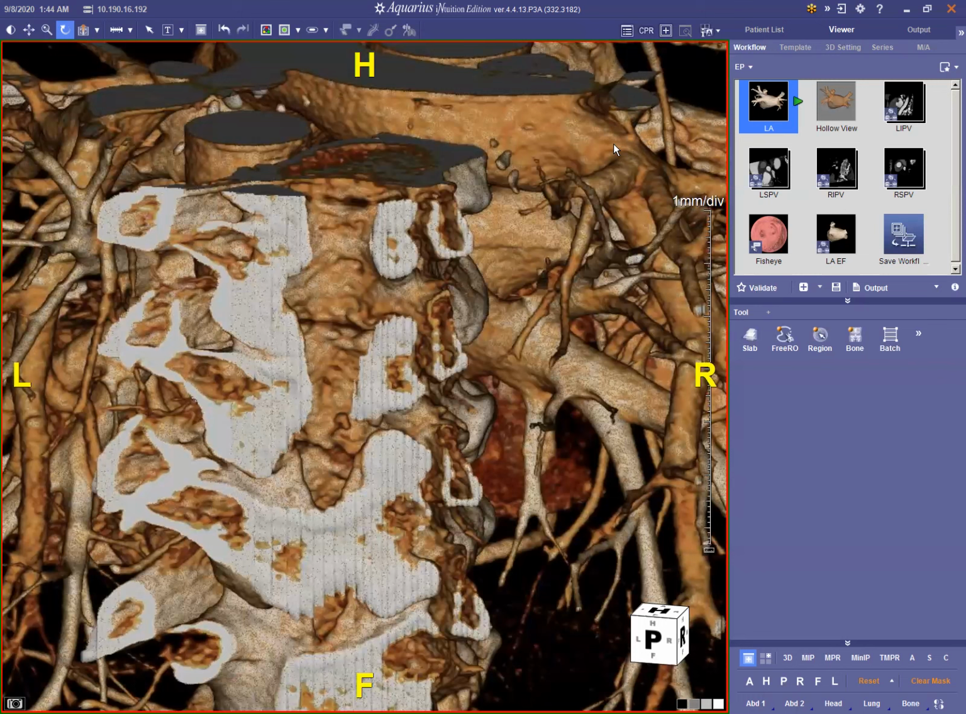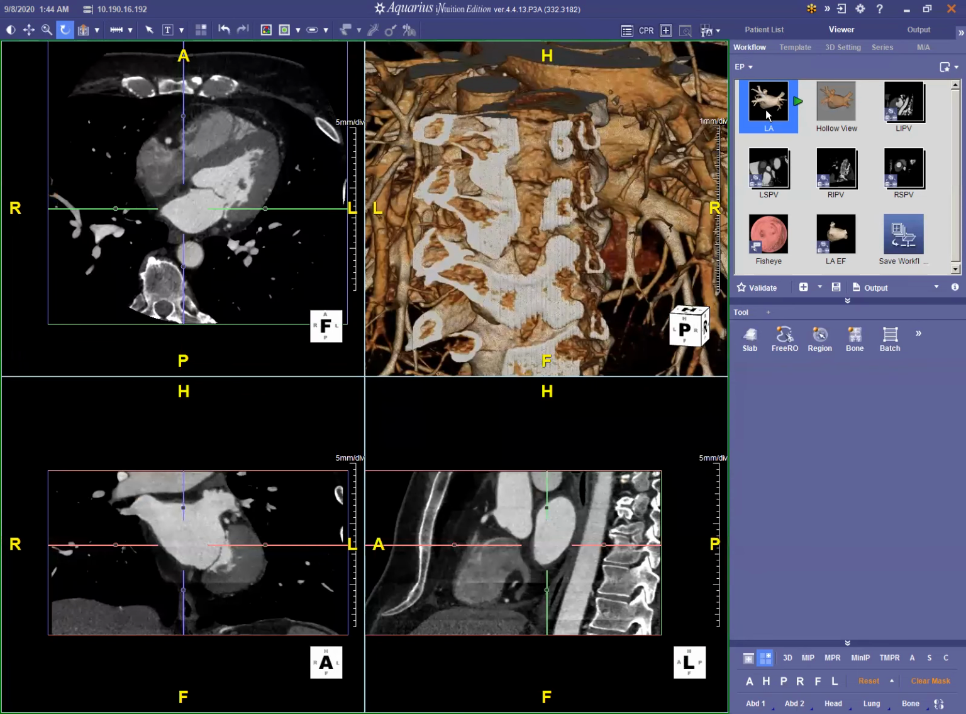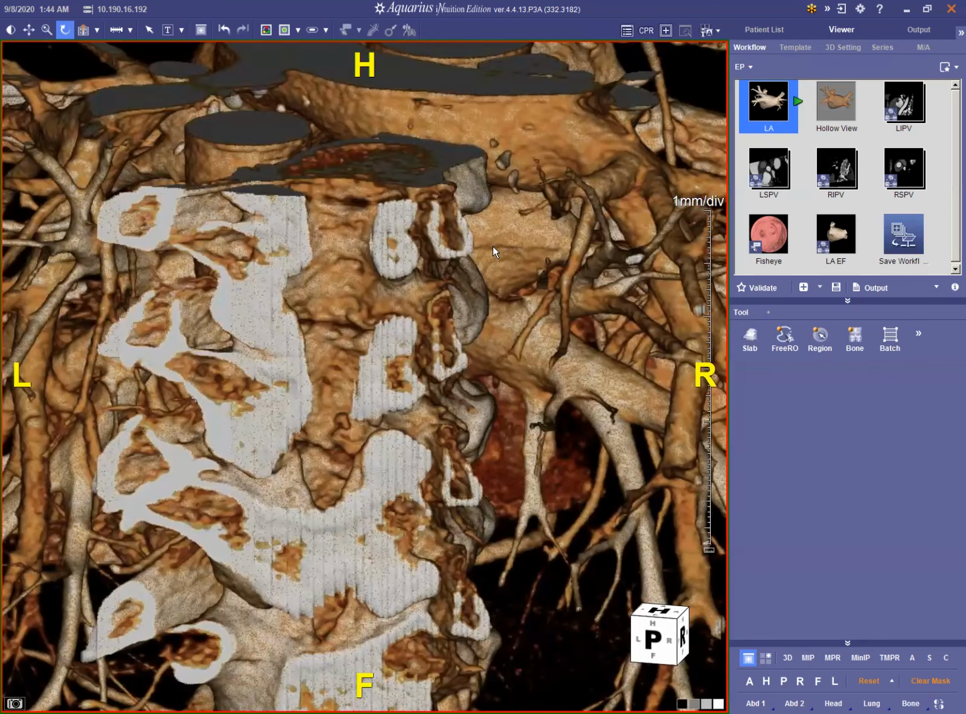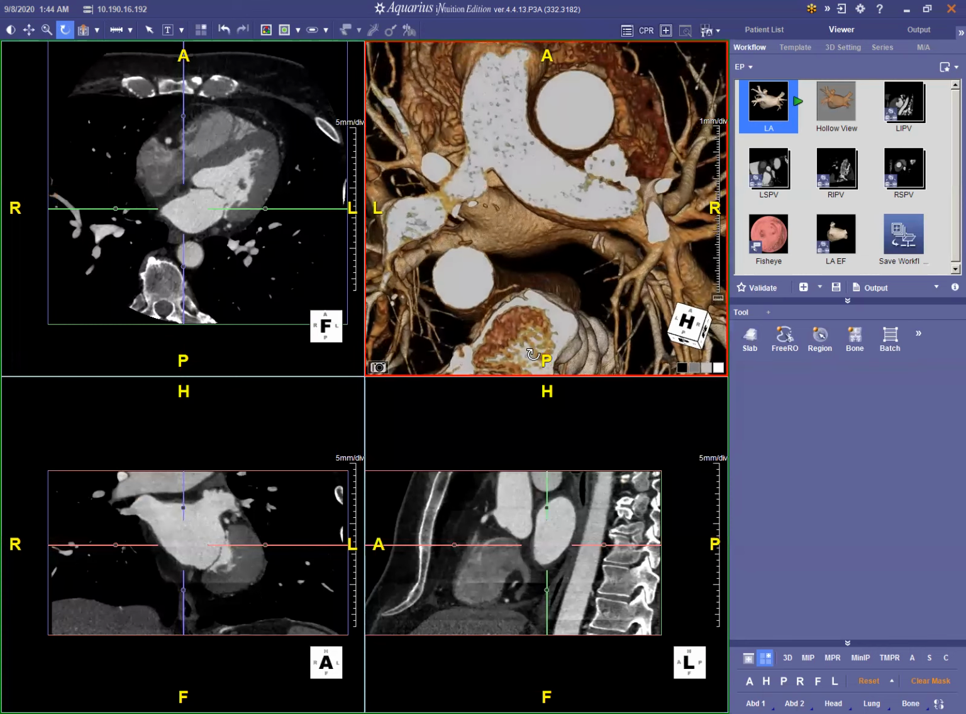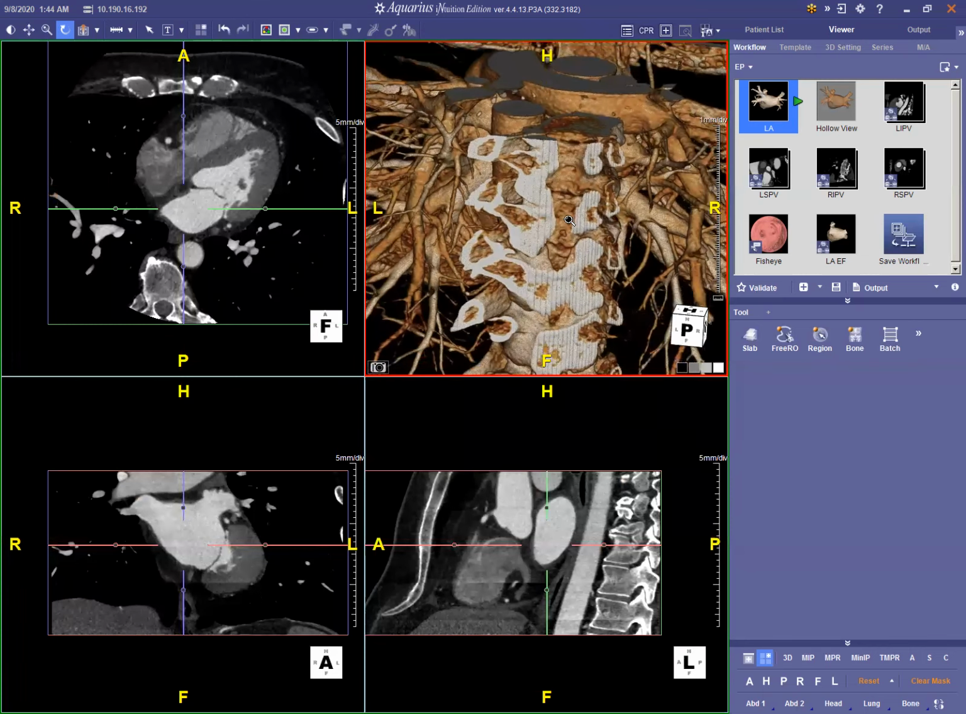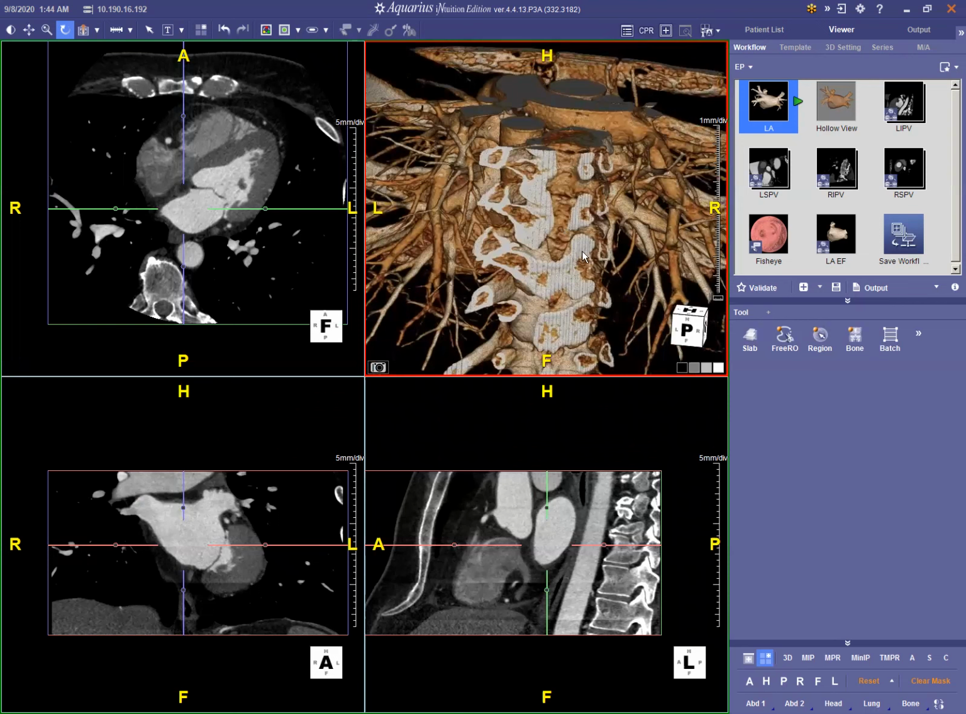The window that I have is what it looks like after I selected a gated study and then pick the EP or electrophysiology workflow. If I hit LA, it should try to get the volume rendering, the 3D, but in this case, it's getting a lot of other structures like the bone, for example. So let's see if we can get rid of the bone from the